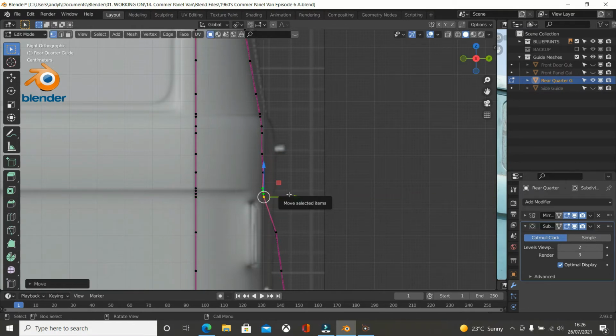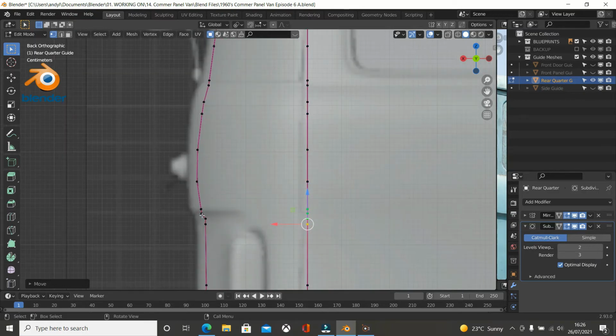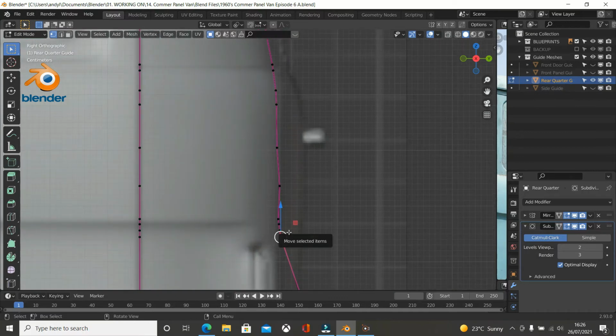Now let's go into back view to see what the, yeah, we need 2 in a row and then 2 in a row. So actually try to do the same thing. So go to 3, so we've got 2 in a row, which is fine, and then choose these two